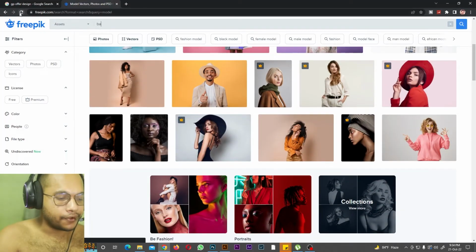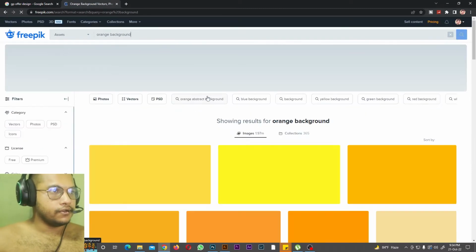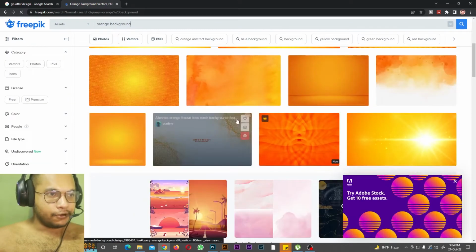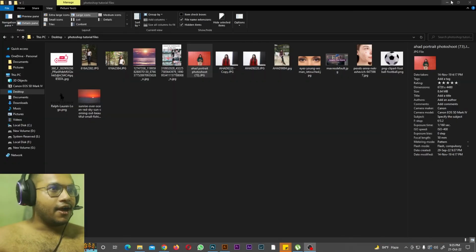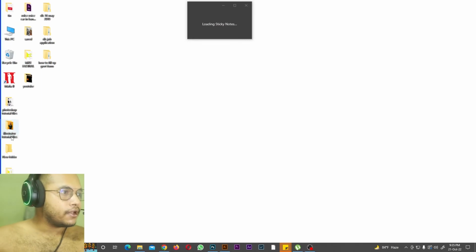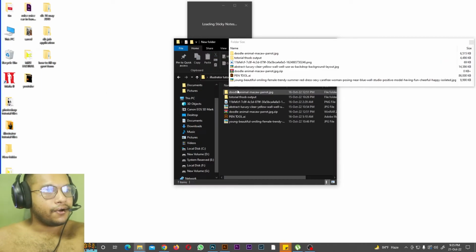Now if you need a background to put in this model, simply go to Freepik and write background. Let me write orange background. So there are so many orange backgrounds. Download any of them you like, and then I have already downloaded orange background. So now I'm going to use the orange background,